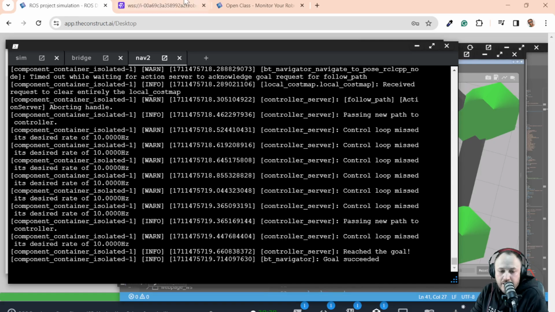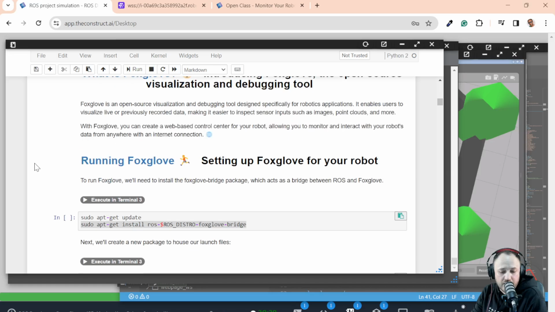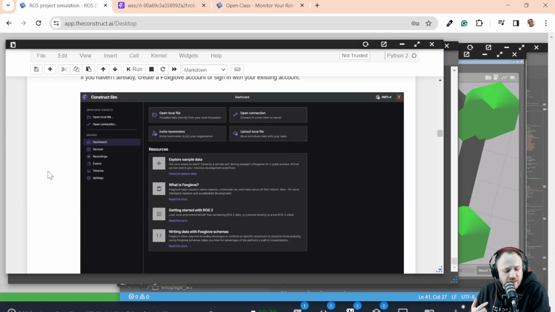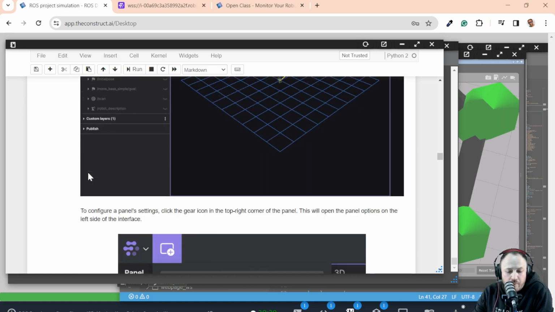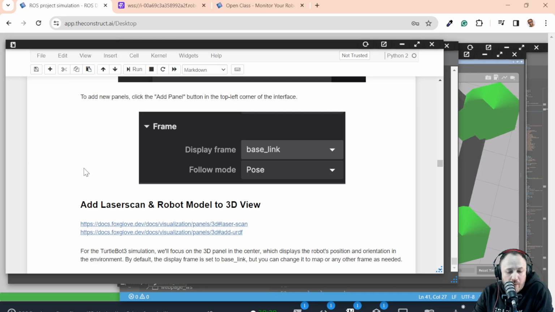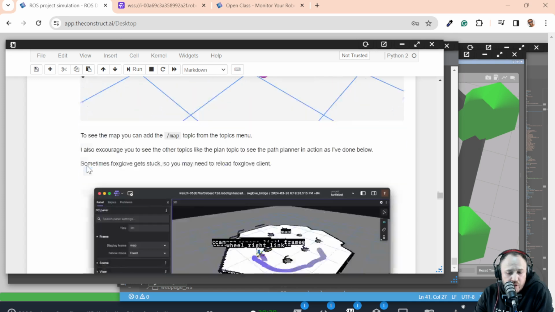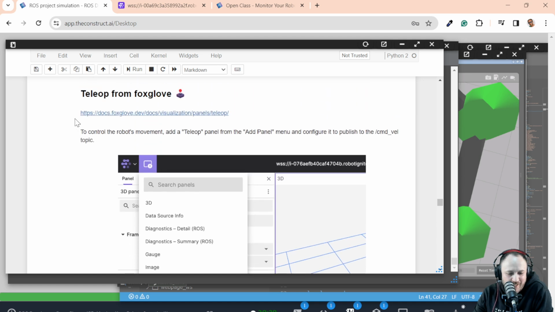Okay, so we are almost done. There are just a few more things that we can check, because so far we have been seeing typical things such as visualizing the laser, visualizing the map, sending navigation goals to the robot, and so on. But Foxglove also provides some tools in order to debug the system. Some very interesting things, such as the teleop, so we can teleoperate the robot